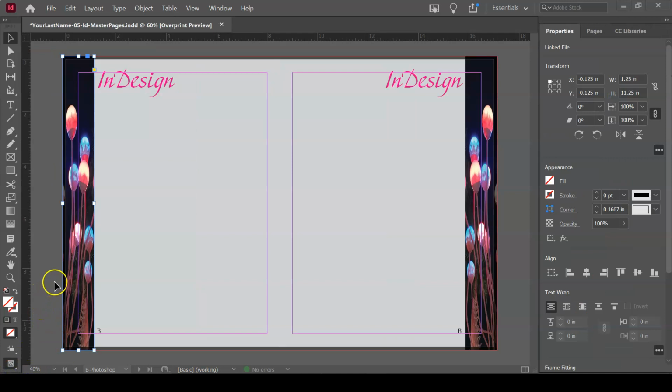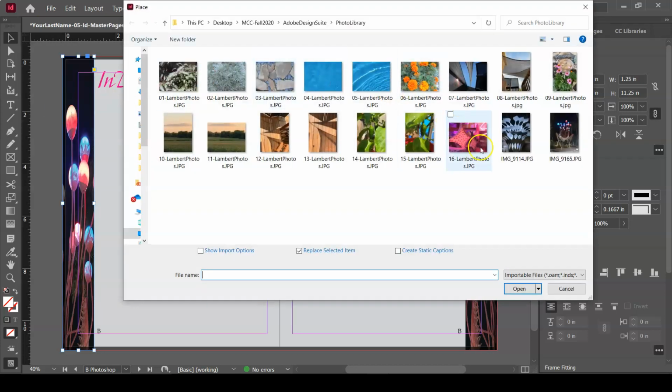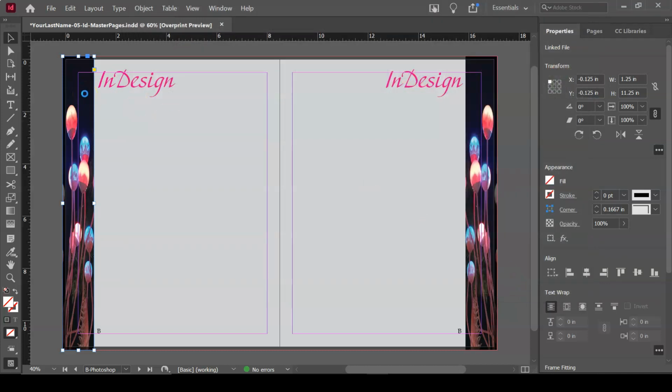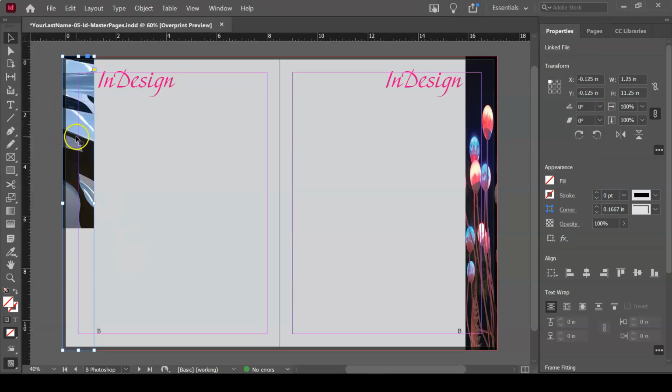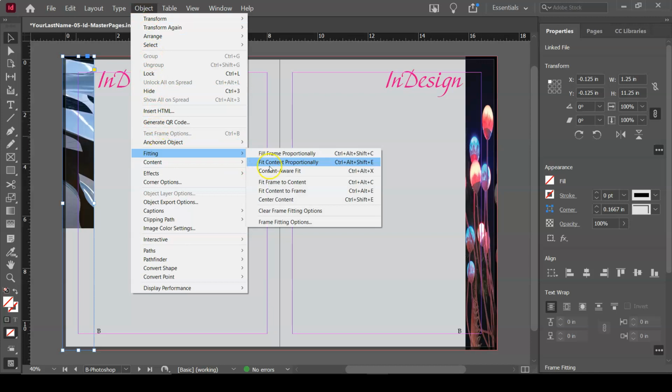And now we're ready to customize the B master Photoshop spread. Using my selection tool, I'll select the left sidebar graphic, go up to the File menu, Place. Select my image and click the Open button. I can go up to the Object menu, Fitting, Fill Frame Proportionately,